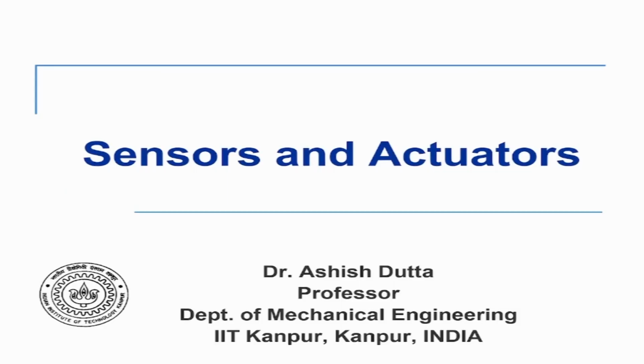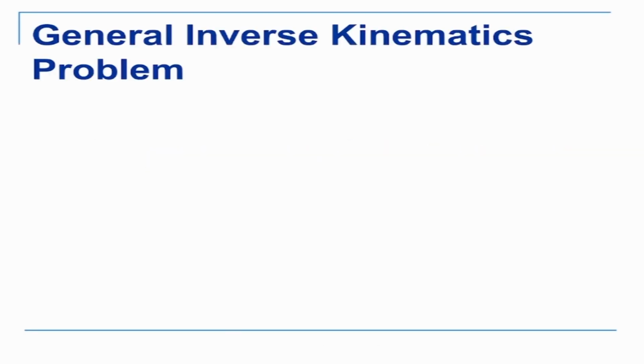So today I'll very briefly talk about the inverse kinematics of the Puma robot, but before that I'd like to discuss the generalized inverse kinematics problem. That is, how do we solve the general inverse kinematics problem? And then try and show how we systematically solve the Puma robot. So first, let me just explain the